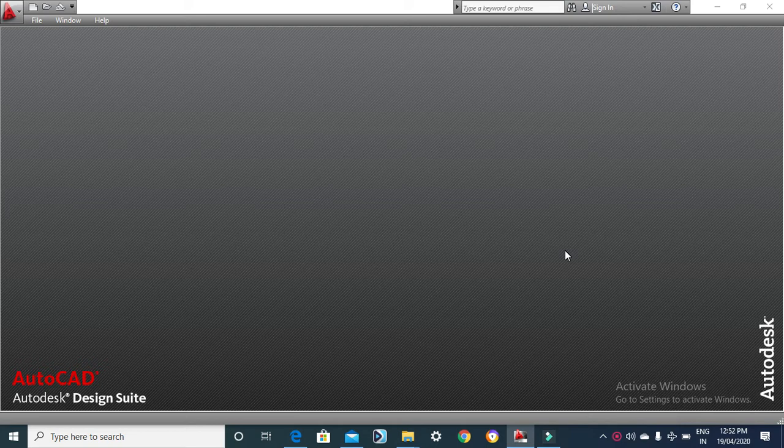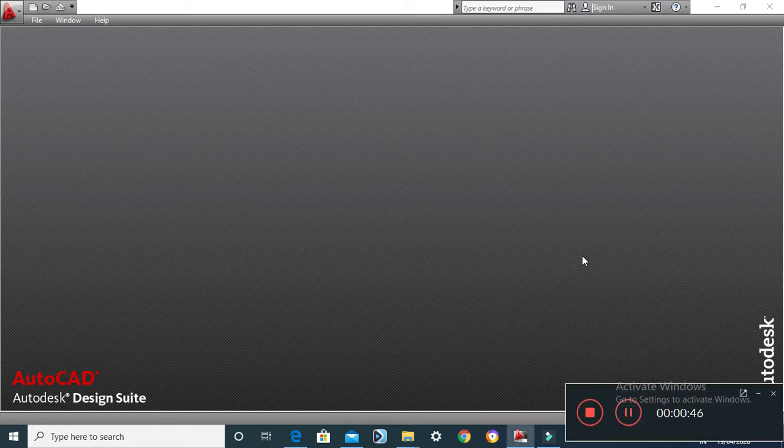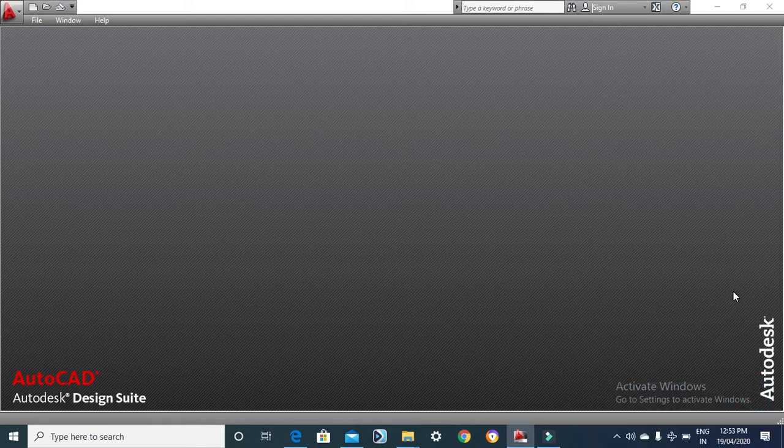What shall we do? There is a problem in AutoCAD. So my dear friends and students, there is no problem in AutoCAD or in any of your computers, but the problem is, I'm sorry to say, a lack of knowledge. You people don't know how to actually start AutoCAD with a procedure. The products of Autodesk are procedure-based software. You need to start these softwares, maybe AutoCAD, maybe Revit, maybe 3ds Max, with a certain procedure.